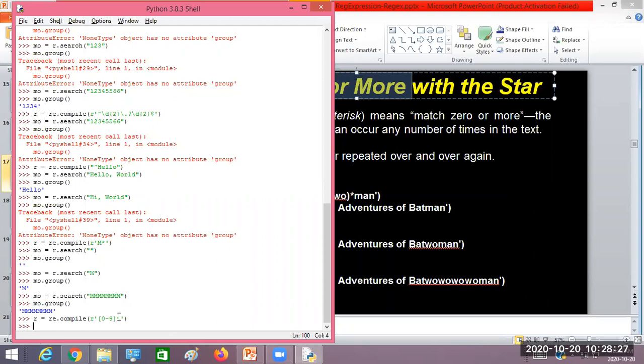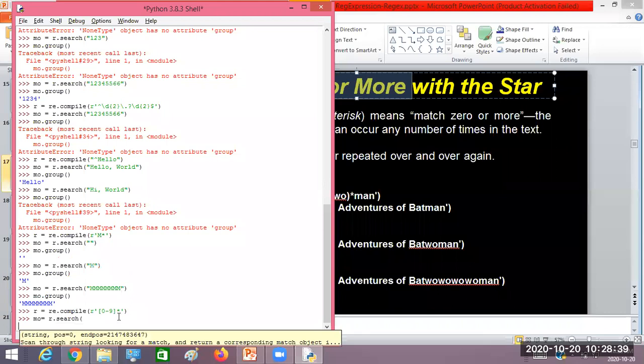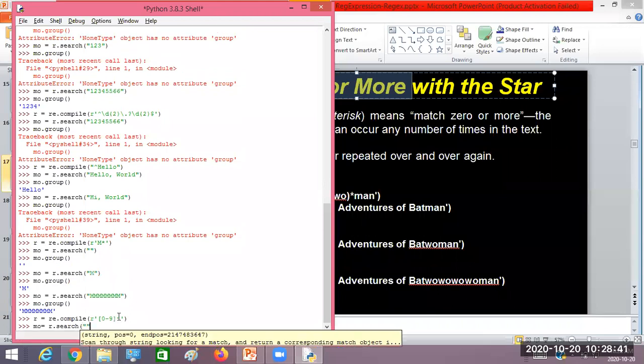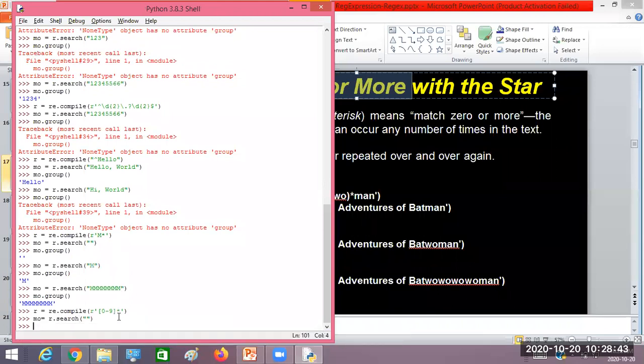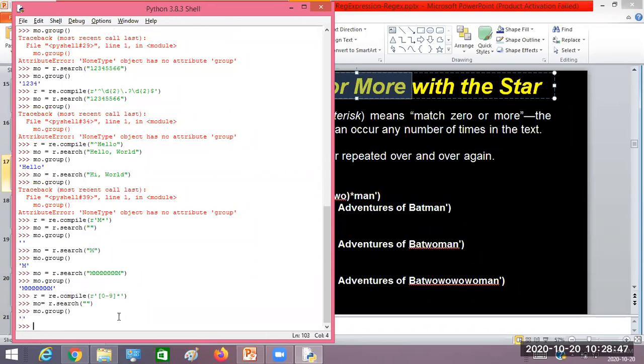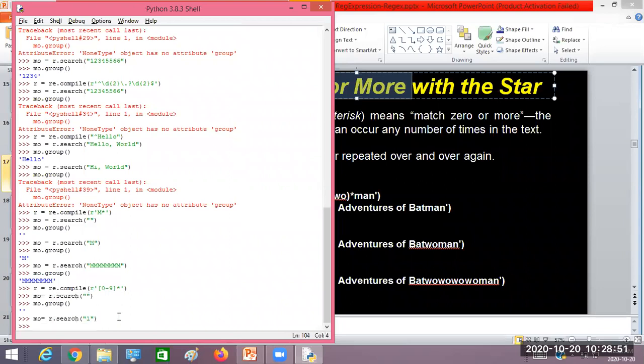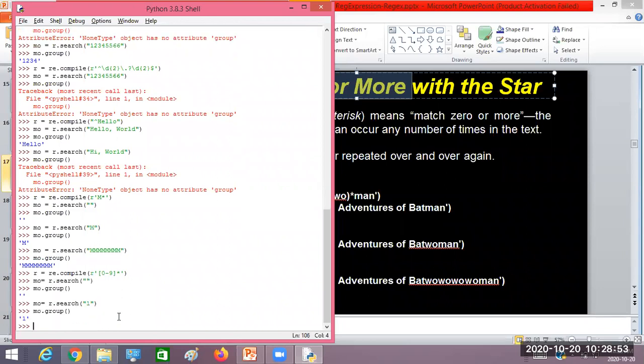Let us understand with the example now. Execute with the search function and just give empty. This time it is going to give us an empty return. Suppose we execute with just 1, it is going to match with the 1.